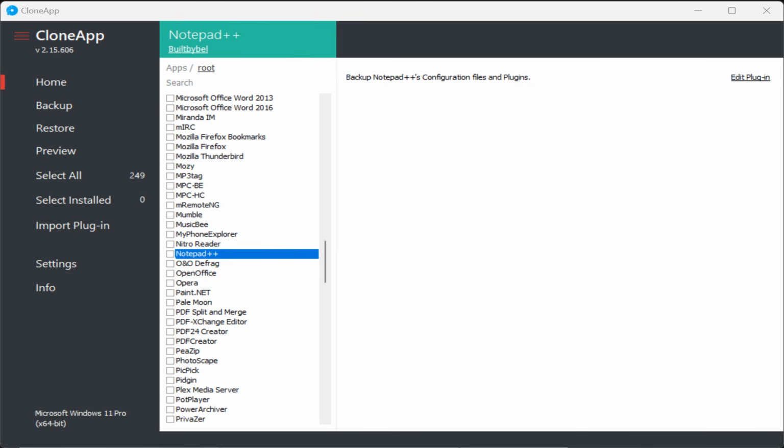I'll show you how to use CloneApp to backup and restore program settings, using the Notepad++ program as an example. Make sure any program you want to backup is closed before you begin. CloneApp uses plugins to add support for programs it will backup in Windows. As of this recording, it includes 249 plugins for different programs,